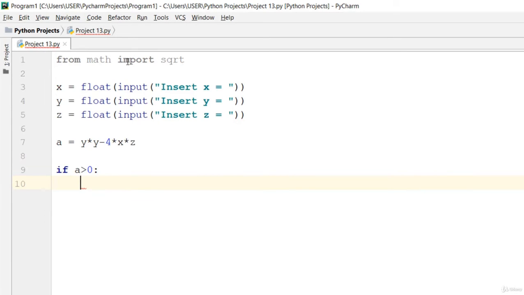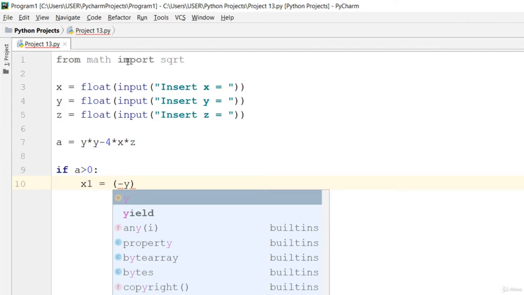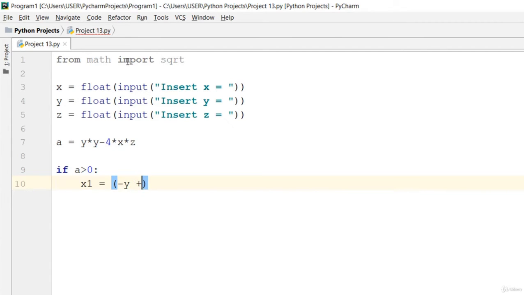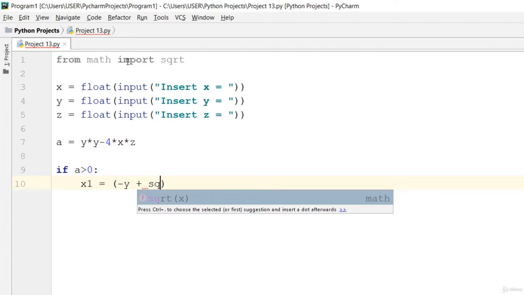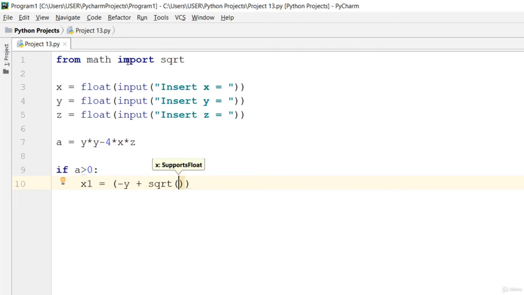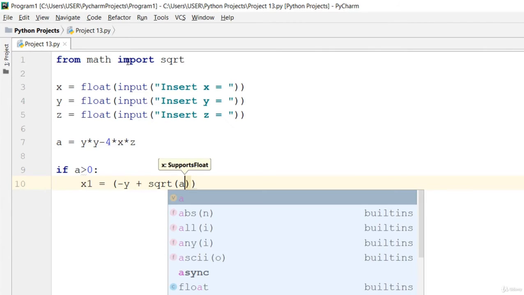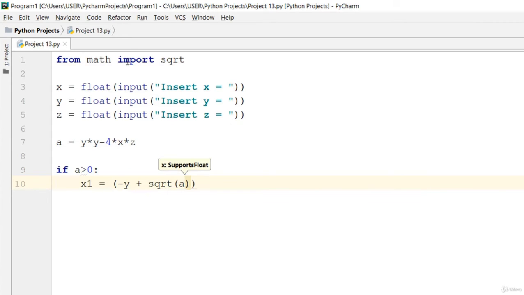So if a is greater than 0, let's go ahead and create, say, x1 is equal to, because we need to get x1 and x2, so x1 is equal to negative y plus square root of a. Okay, now divide that by 2 multiply x,